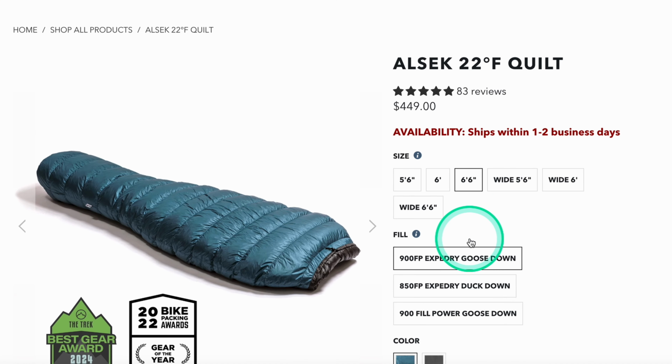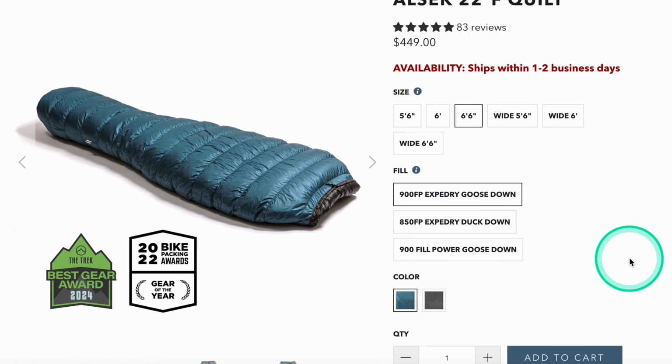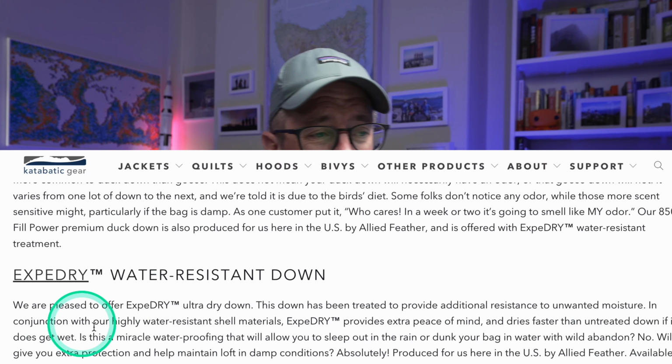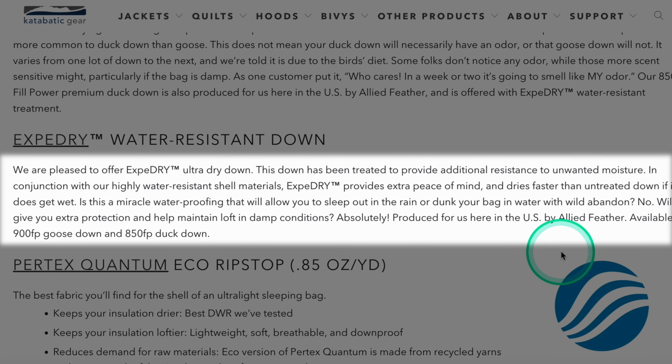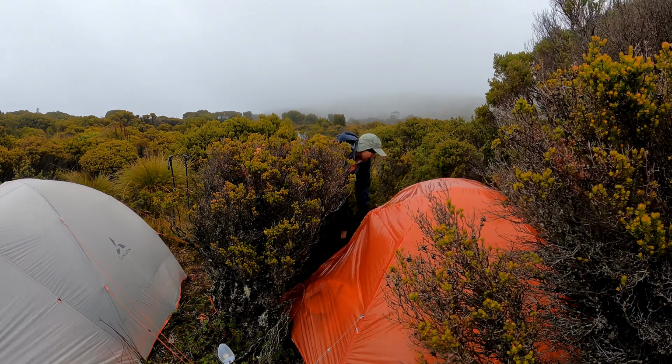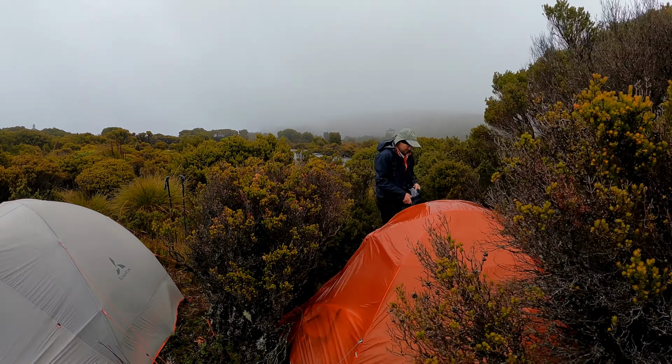In terms of the down that I've got in this, the model I have is the long version with the 900 fill power down, which is their Extra Dry water resistant down, I think they call it. And they say on the website, this down has been treated to provide additional resistance to unwanted moisture. So it is meant to be better in damp conditions, and having spent a lot of time in the rain on trips in the last 3 years with this, I've found that moisture hasn't been an